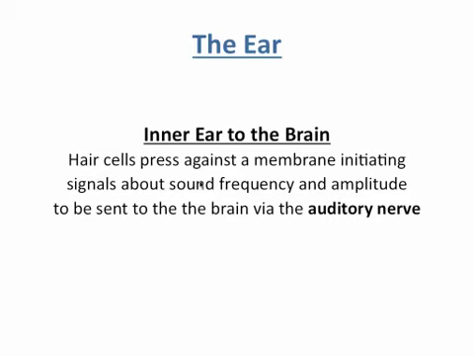Okay, so as Jason said, those hair cells are going to be bent. As that wave is traveling down the basilar membrane, where it peaks at its strongest point, that's where those hair cells are going to be bent the most. And they're going to send a signal to the brain along the auditory nerve about the frequency and the amplitude of the sound that's coming in. So as you go along the basilar membrane, it changes in frequency. Depending on where along the basilar membrane the wave peaks, that determines the hair cells that fire the most.